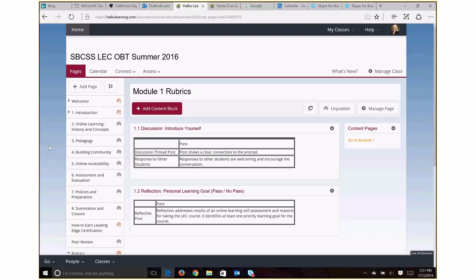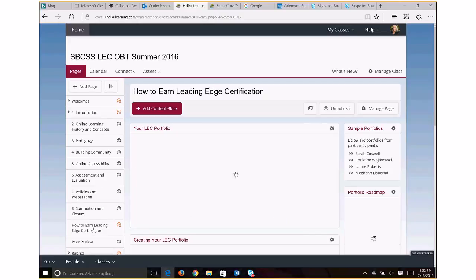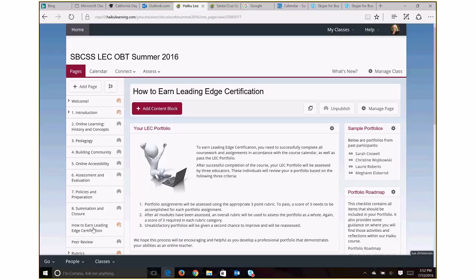Down here, you'll see on your screen, it's already activated so you could see it, how to earn Leading Edge certification. Basically, after we finish all the modules, you're going to put all of your reflections and assignments into a portfolio online.